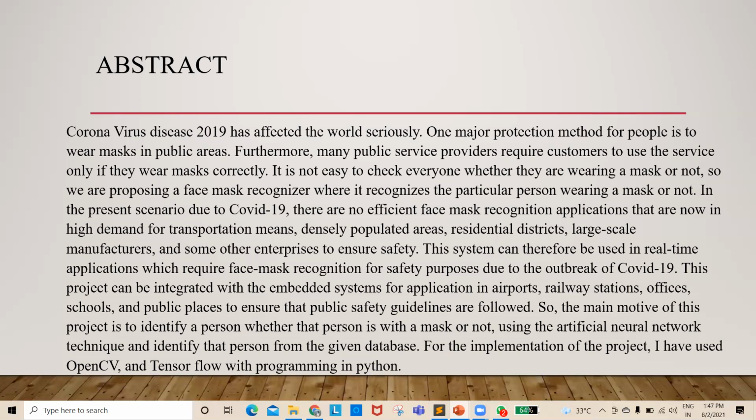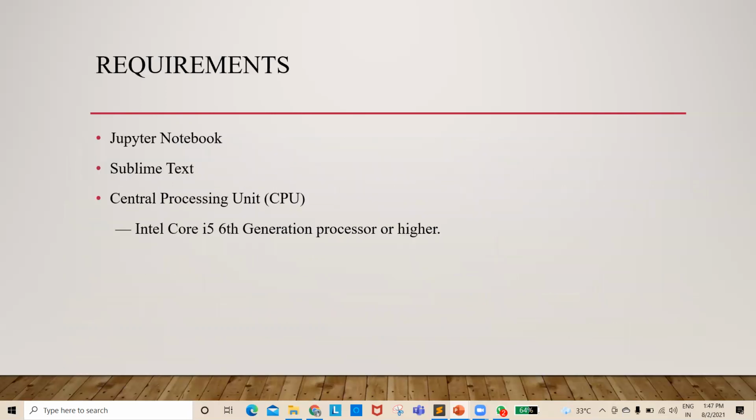The main objectives are training them. The requirements of this project are Jupyter Notebook. It is an open source interactive web tool, a computational notebook, which researchers can use to combine software code, computational output, explanatory text, and multimedia resources in a single document. It comes in the Anaconda software, which has other features too, like PyTorch, Spyder, etc. Along with it, most of the data science related packages are installed.